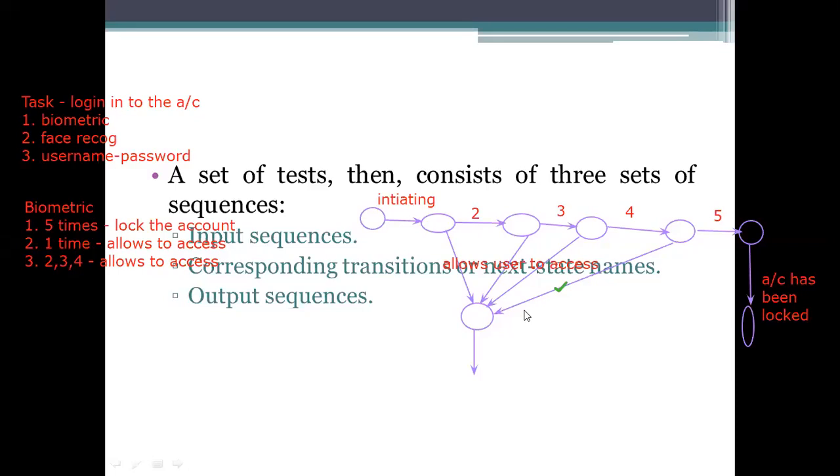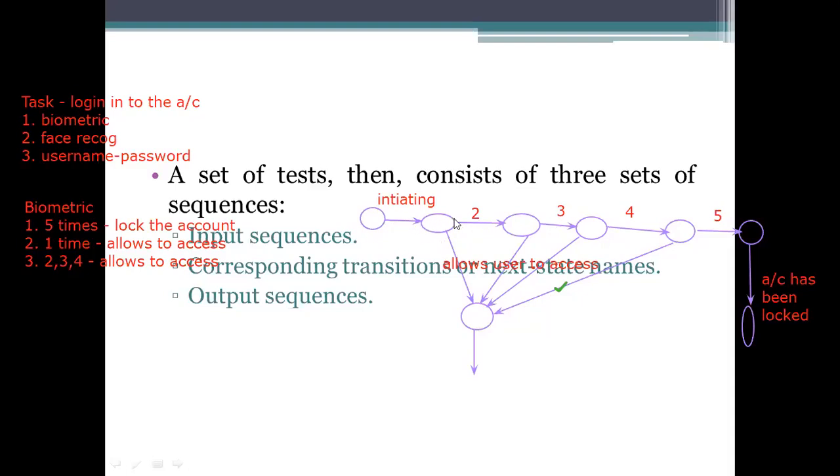And another failing case here is, we need to see whether the correct finger has been placed or not. Whenever I am testing the state, I want to test whether the state is executing or not. Executing means it is allowing access to this account or not. So if we want to access the account, what are the sequences? We need to give the 3 wrong inputs here, and these 3 transitions have to be considered, and we need to give the state names as the correct ones, and decide what output we need to perform here.